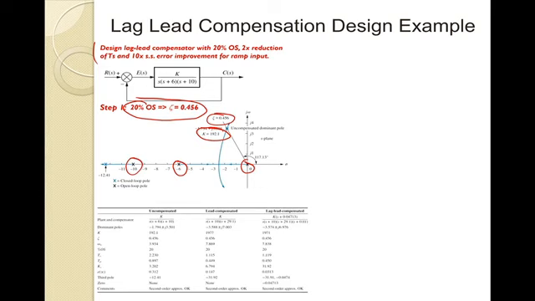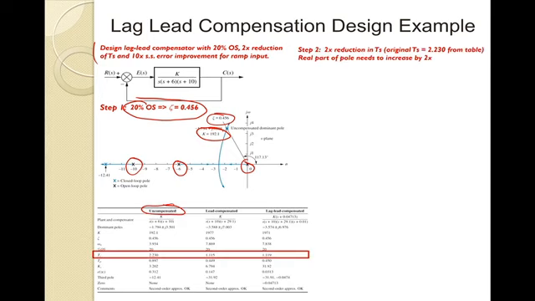Okay, and so here again is our table. You'll see as we go through the uncompensated system, we'll do some comparisons as we go forward. Okay, so step 2, we want a 2x reduction in the settling time. So from the table, from our simulations, calculations, etc., I didn't walk you through the process, but we hopefully have seen this enough where you can independently find Ts. Well, so from the table, we see the original settling time is about 2.23 seconds, about 2.25 seconds, and so